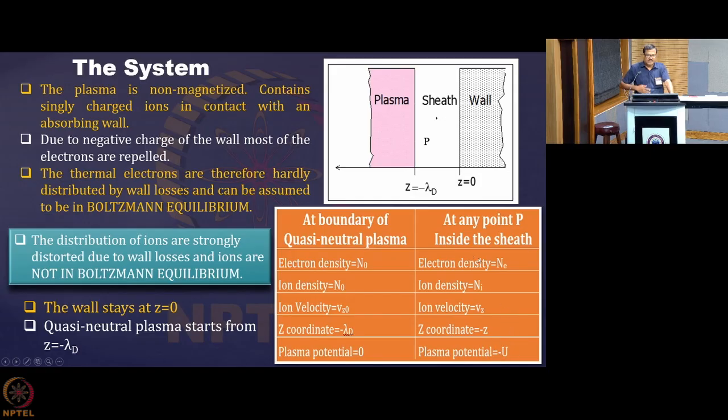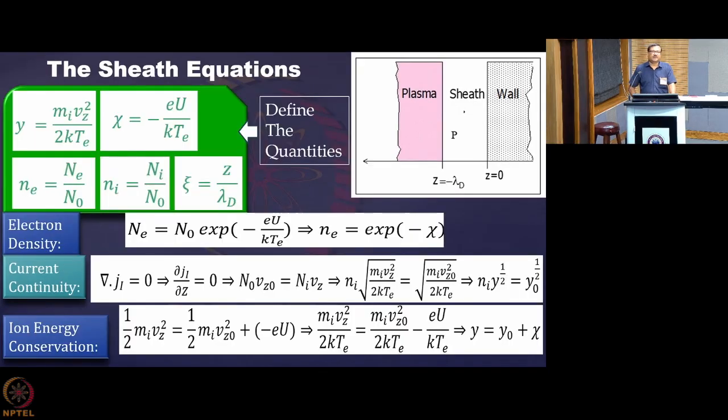Okay, so we start with this configuration and with this parameter listing, and we enter into the sheath equations, and I am sure that you will be appreciating these equations. And this is one method which is called the non-dimensional technique. So we will make this analysis completely dimensionless, and that will help us in scaling up. It is in terms of dimensionless parameters, so it becomes applicable to a broader range of systems.